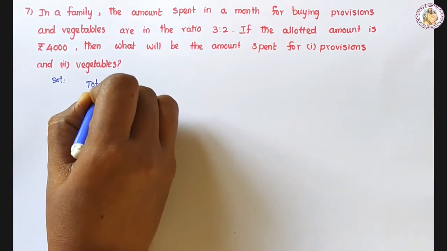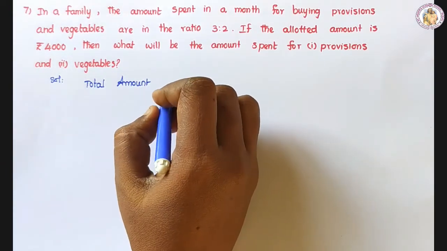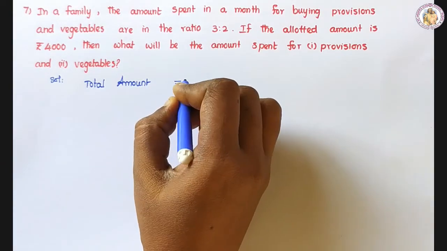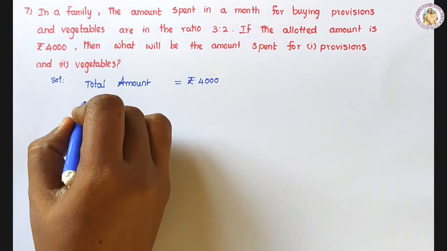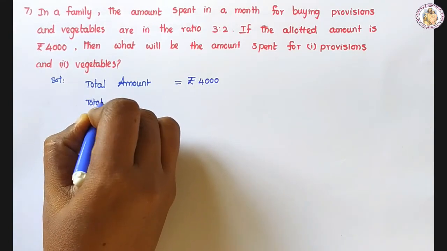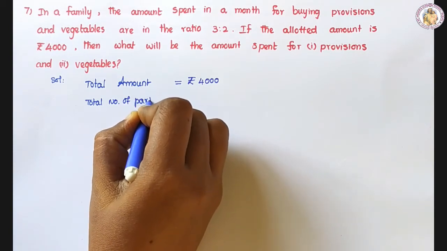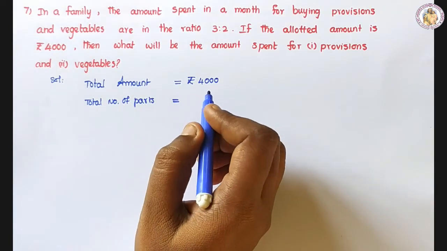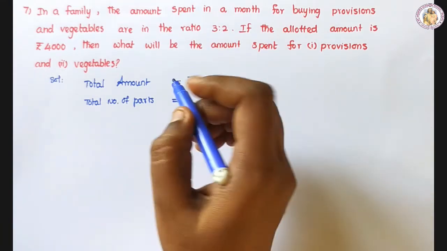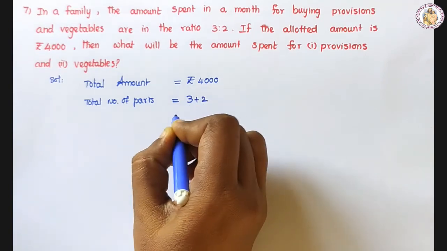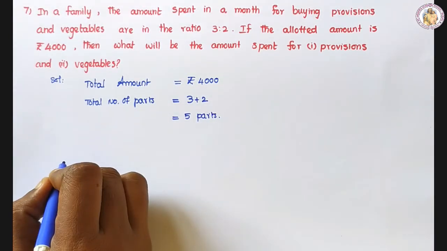Total amount equal to 4,000. Total number of parts: three parts for provisions and 2 parts for vegetables. So totally 3 plus 2, 5 parts. Now